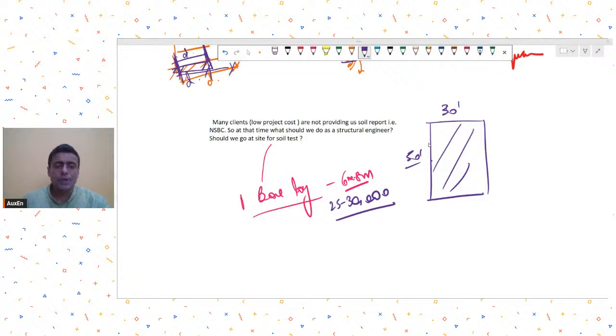So in such a case, what you can do is, first of all, you should have some prior experience of working in a similar area. For example, where I live, we know that till a certain depth we are going to get black cotton soil. Beyond that depth, we will start getting some yellow murum. Beyond that, at some locations we may get hard strata. At some locations, that yellow murum type of soil continues. So we know where we stay that in those regions we have to go for